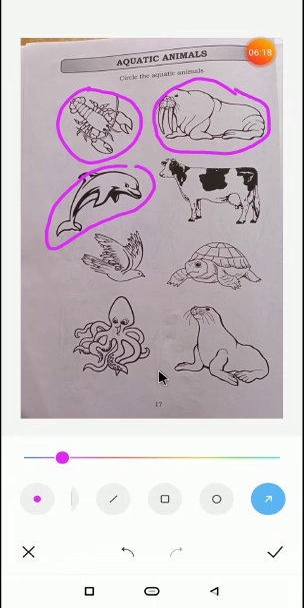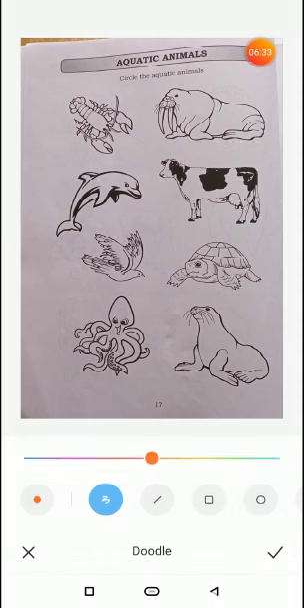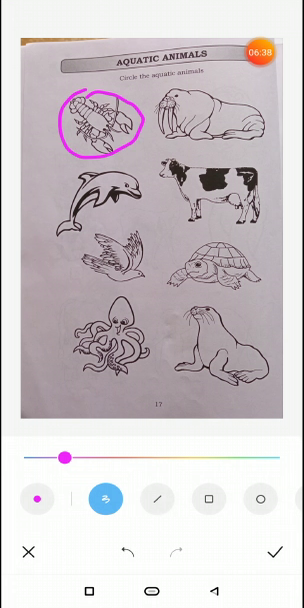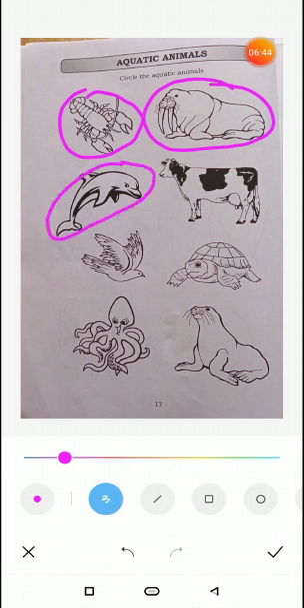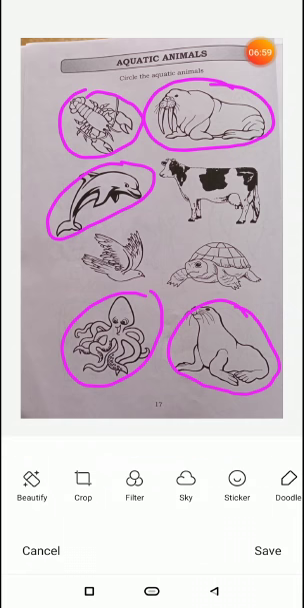Now an octopus lives in the water, so we will circle the octopus. Oh dear. This has been circled. This has been circled. Dolphin has been circled. And now we are circling the octopus. And last of all, we have a sea lion or a seal. Seal is also an aquatic animal, lives in water. Therefore, we will circle a seal. Now, next we have